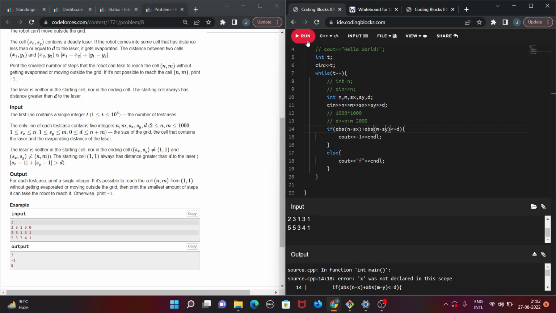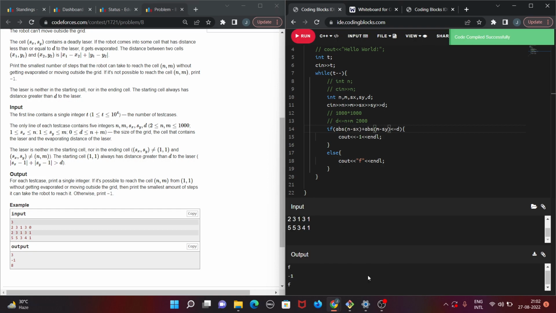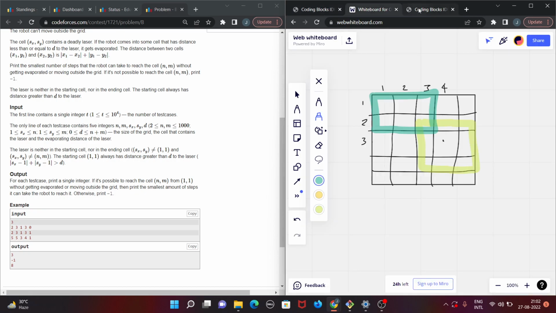I don't know what I was thinking. Yeah, so I think that works. Now, this case 2, 3, and the laser is at this place, and it has a 0 width, so only this place he cannot visit. So he can just go 1, 2, 3, and that's the